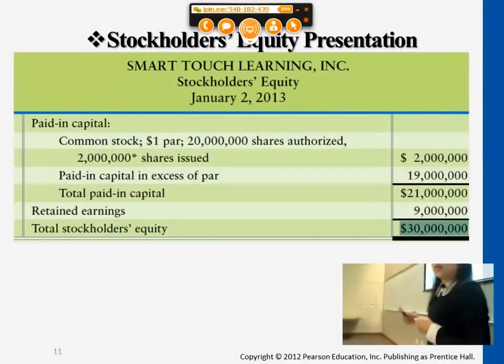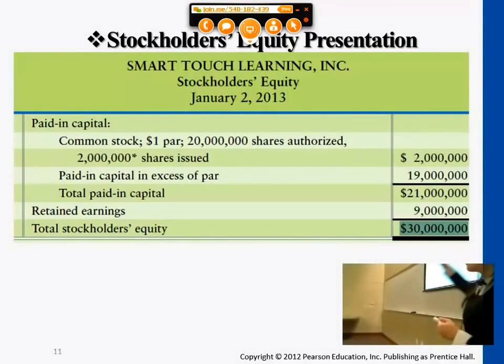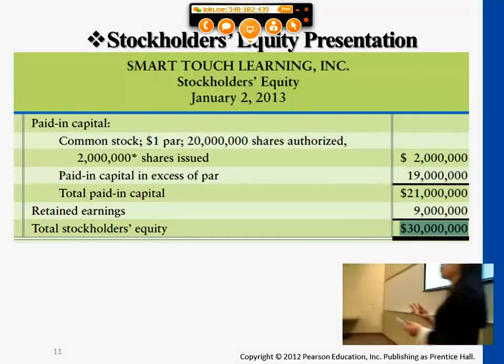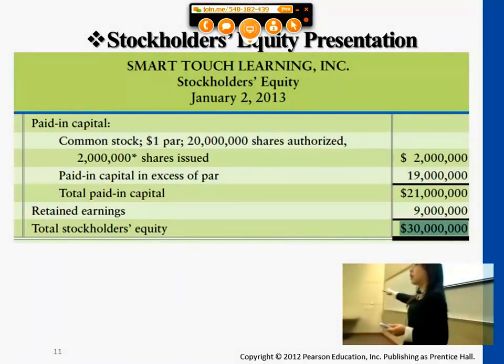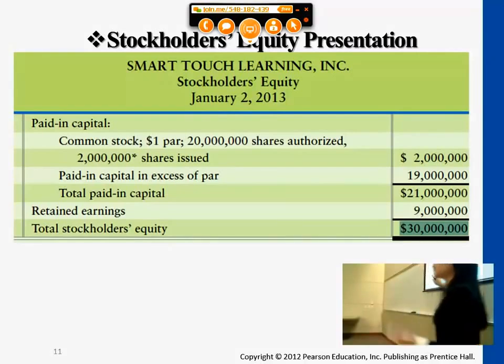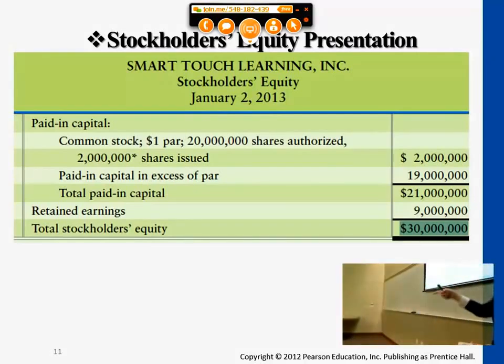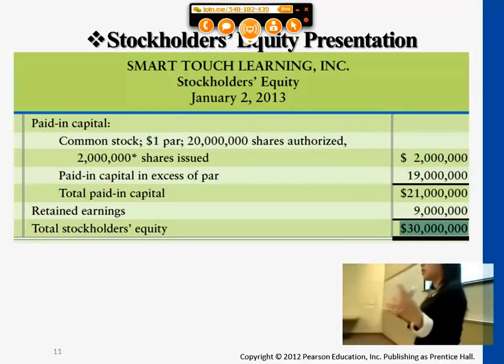Okay, let's move on to just take a look, before we go over other cases, at how we would see these transactions being represented on the balance sheet. So again, this is important for each and every chapter. When you know what the new accounts are, you have to ask yourself how they would be represented under financial statements. Because remember, eventually all of these will be posted, summarized, and then reported in financial statements. Okay, T accounts and journal entries are just the middle part, but that's not the information